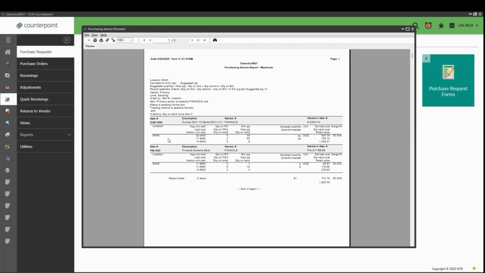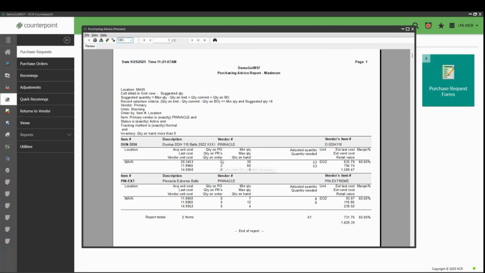So in this example, if you can see this okay, it came back with 2 items. One is the done DDH, that's the distance Pinnacle golf balls. And in this example, here, let me make this slightly bigger, hope we can see that a little better. This report looks a little busy, but it's got some great information, so it's worth taking a moment to see